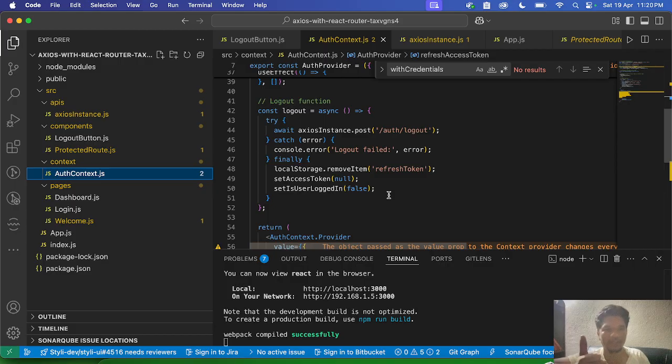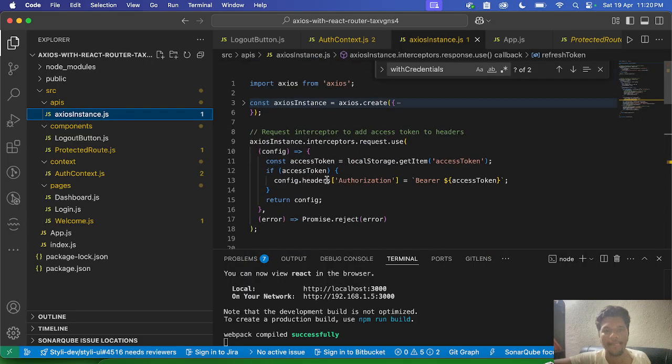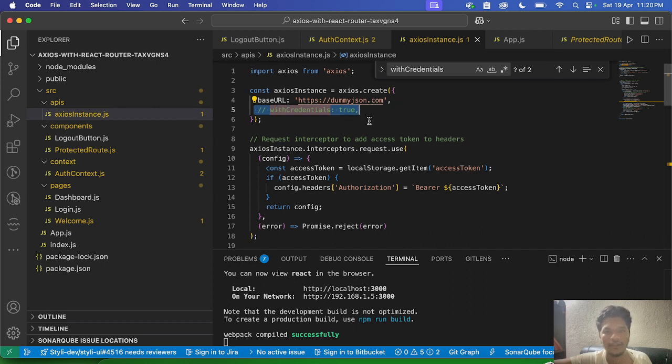And this is how you don't need to store the data in local storage. Again, you can use withCredentials true, which will automatically handle HTTP-only cookies, and you don't need to check this either; it will automatically add that, everything, if you are using this. But since dummyjson was throwing an error when I used HTTP-only cookies, I used this approach. And yeah, that's all. That's how we do